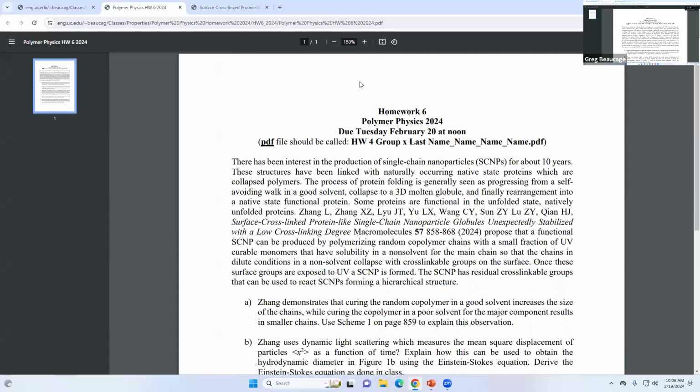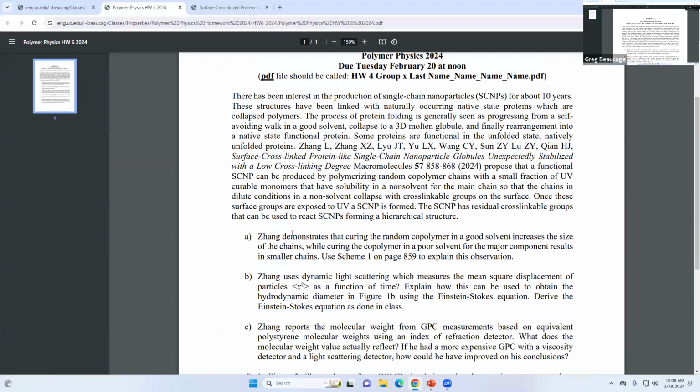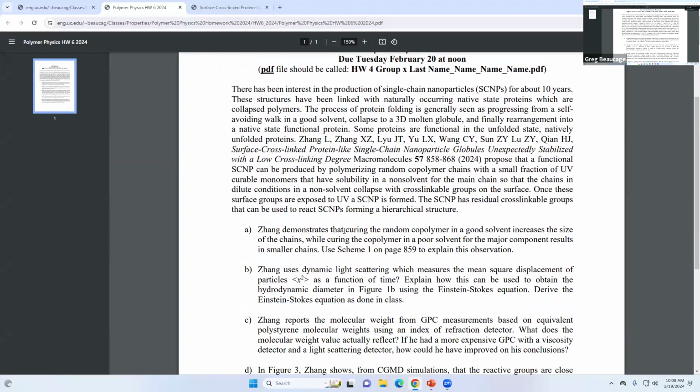Yeah. For number one, we're having trouble figuring out why something with using good solvent, why that's beneficial. I think it was why the UV causes it to stretch out. Let's see. Curing it in a good solvent increases the size of the chains, while curing the copolymers. That was the toluene versus acetone. Yes. Yeah. So